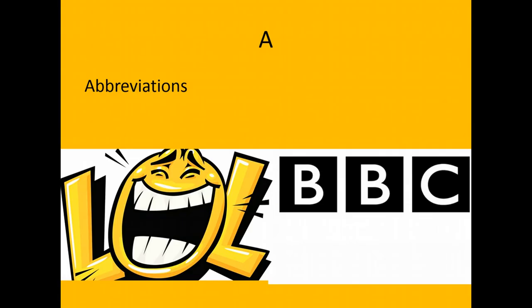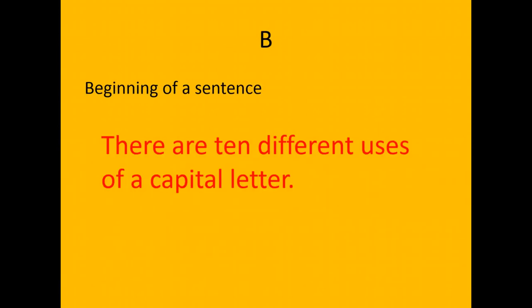So the A stands for abbreviations, like LOL for laugh out loud or BBC. All abbreviations need to be in capital letters for each letter. B is the one that everybody probably knows, the beginning of a sentence. Here's a simple sentence. There are 10 different uses of a capital letter, and that sentence starts with a capital